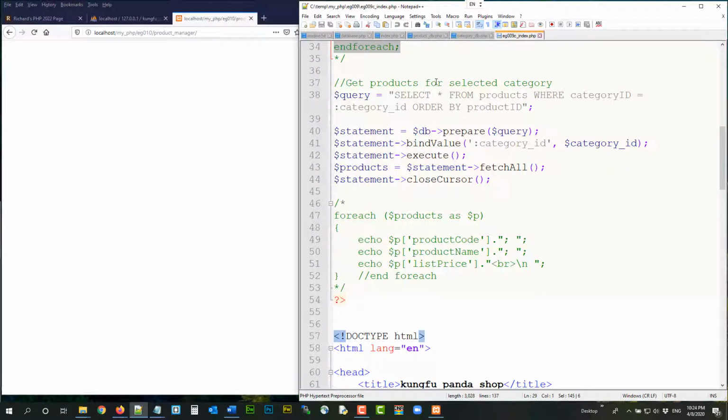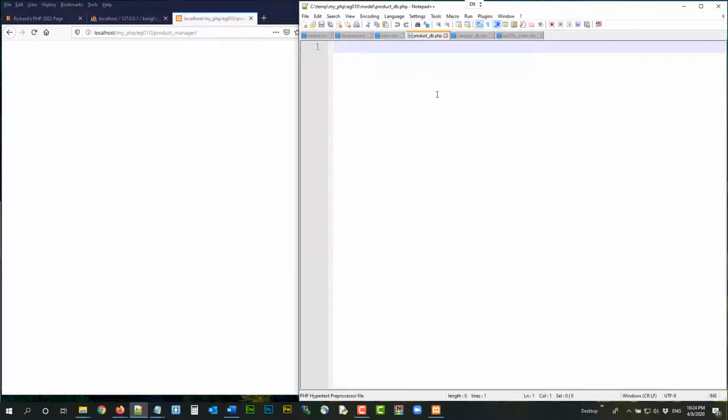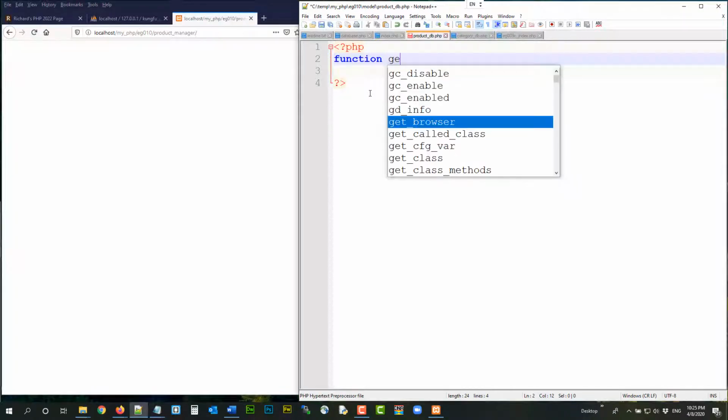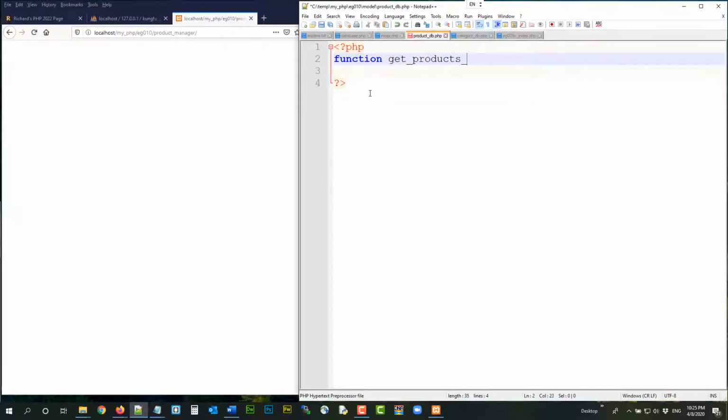So we are going, and products, since you are accessing the products table, you are going to put it in product.db. So we are going to create a function in product.db. And don't forget to put PHP code. And then we're going to create a function called get products by category, and obviously you have to pass in the category ID, because